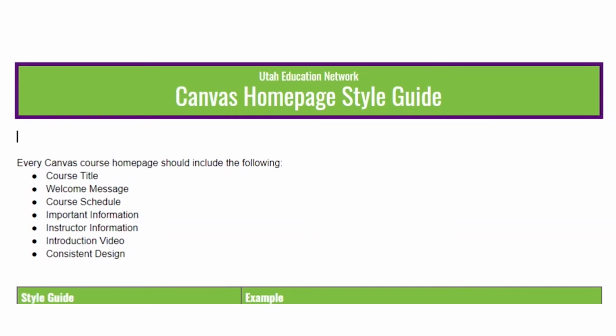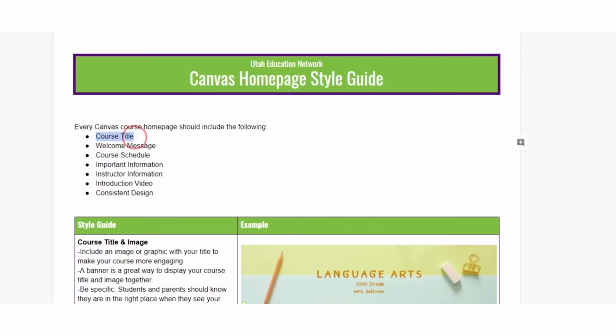So first off, here's our list. Course title is going to be our first option that we're going to look at. You always want to make sure that your students know exactly which class they're in and who's teaching it and which grade level it is. After you've done that in either a picture or in text form, you're going to want to add on a